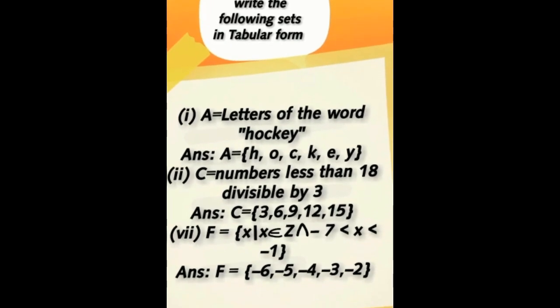Second part of the question is C equals numbers less than 18 and divisible by 3. So 3, 6, 9, 12, 15 are the numbers which are less